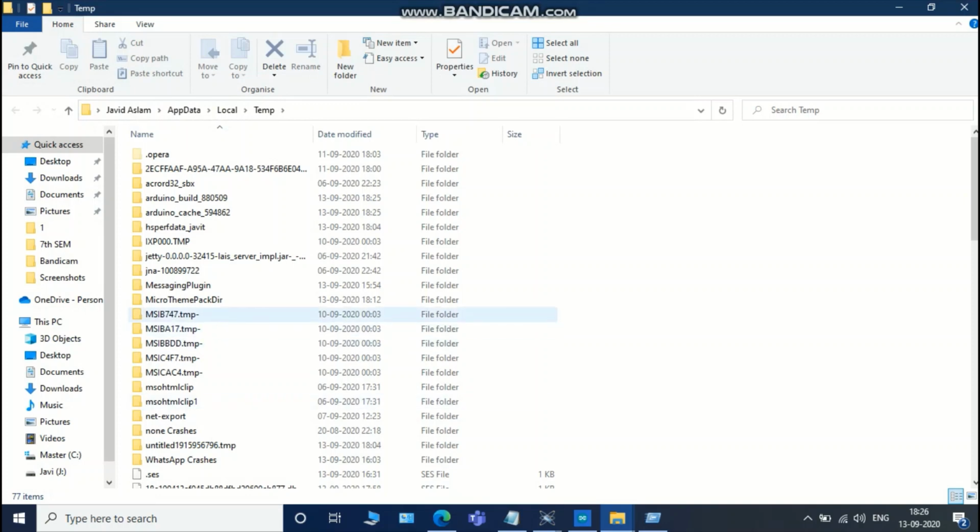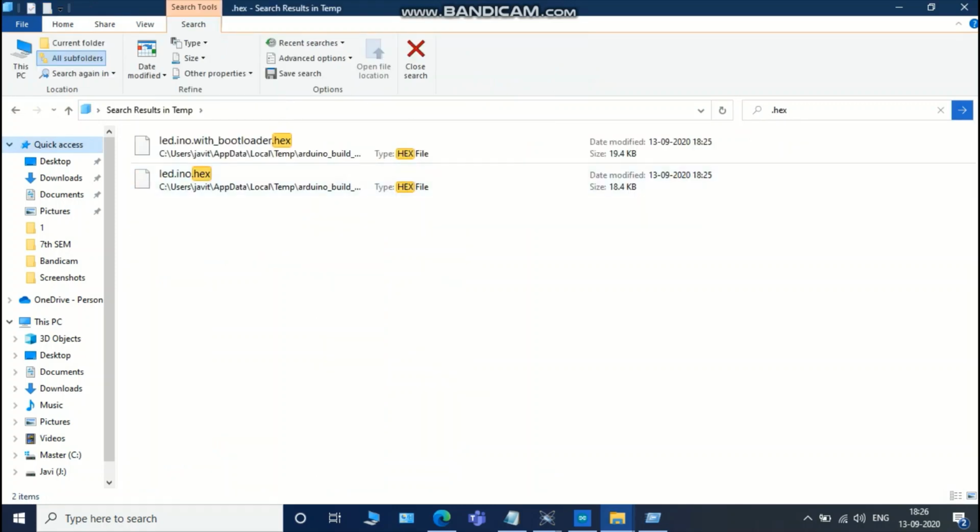In this window, search for .hex. And click enter. You will get 2 search results. Our file is ino.hex, not bootloader.hex. Copy that ino.hex to your desktop.